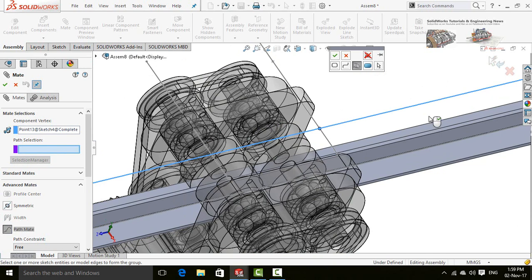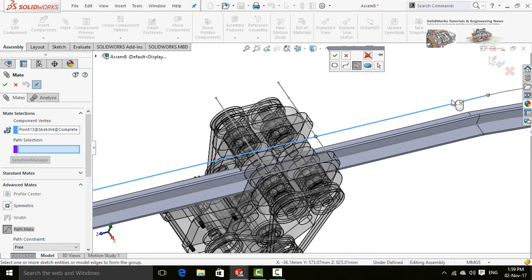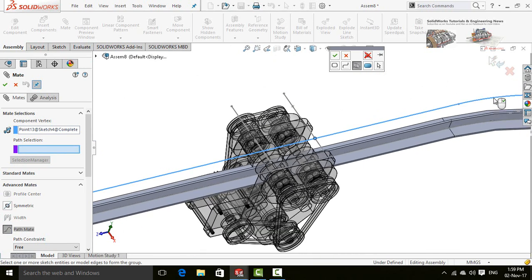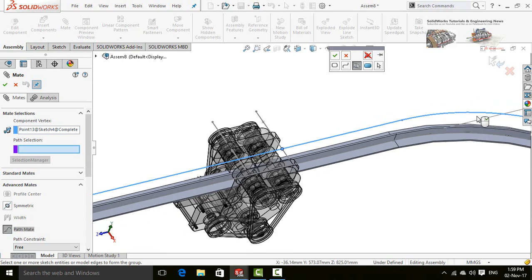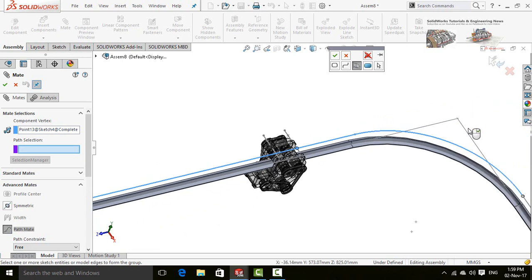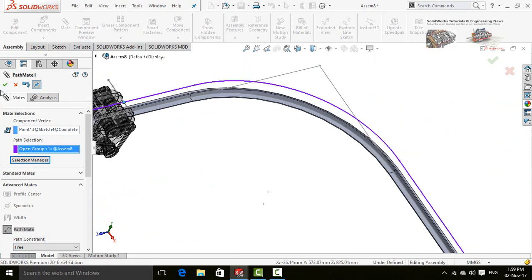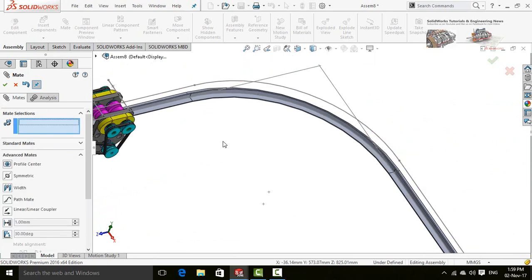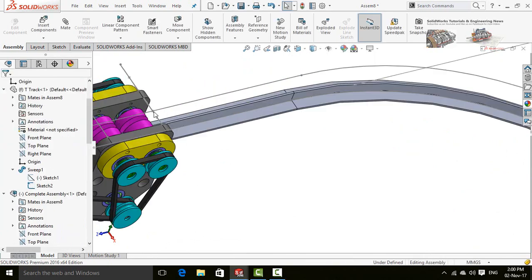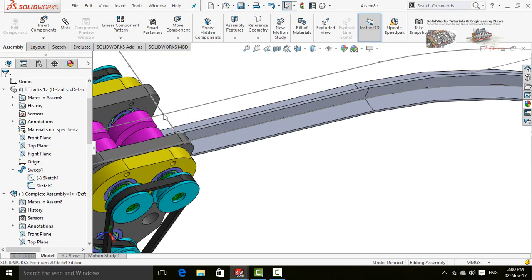Select this line, then this curve, and then this line. Press OK button. Now again press OK button. Again OK. So at this point the path mate has been created for only this point.